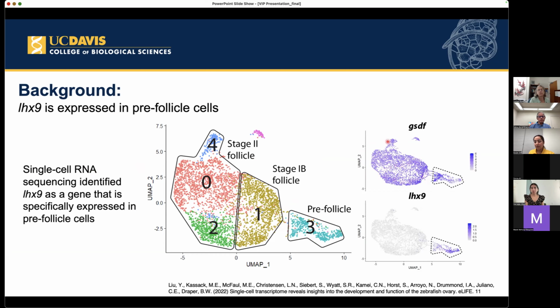And this figure shows the different cells that express the gene GSDF. The purple color shows the expression of this gene in a particular cell. We also see that the GSDF gene is expressed in both prefollicle and follicle cells, whereas LHX9 is specifically expressed in prefollicle cells, and that too in subclusters. We see that as soon as cells develop from prefollicle to follicle cells, the expression of LHX9 is diminishing. So the aim of my project is to determine if LHX9 plays a role in the development of these prefollicle